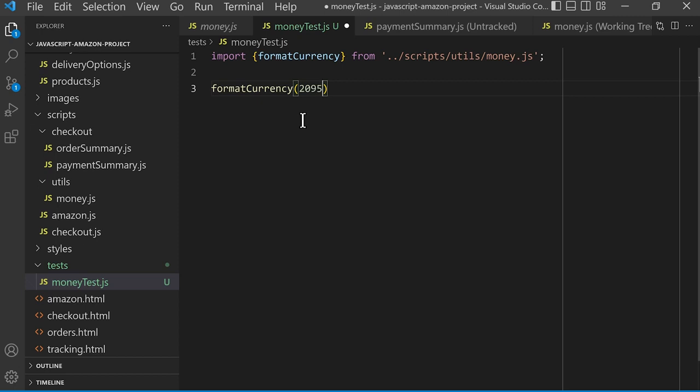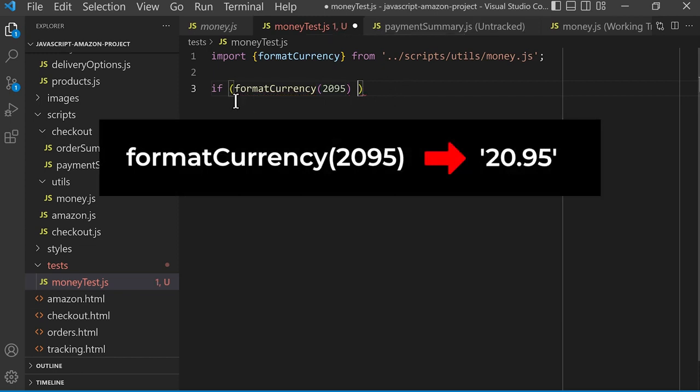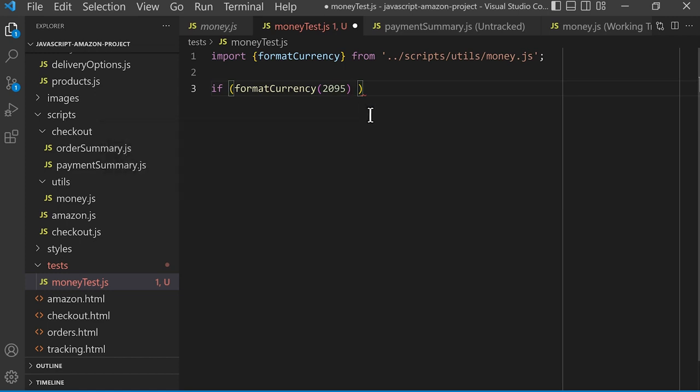To do that, we can just use an if statement. So we'll type if, open bracket, close bracket, and we said we expect format currency 2095 to give us the string 20.95. So we're just going to check if this is triple equals to the string 20.95 and curly brackets. And if these two are equal, that means the code is working correctly. So we're going to console.log the string passed